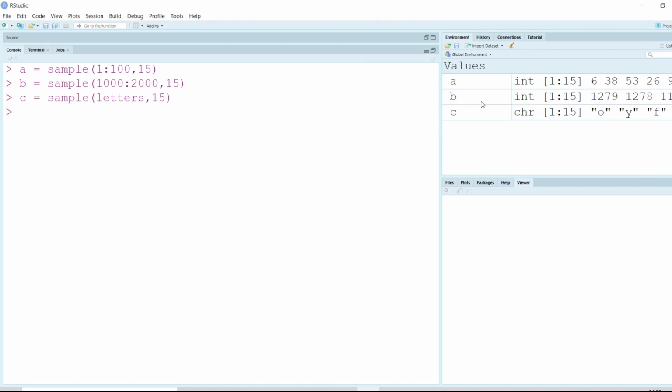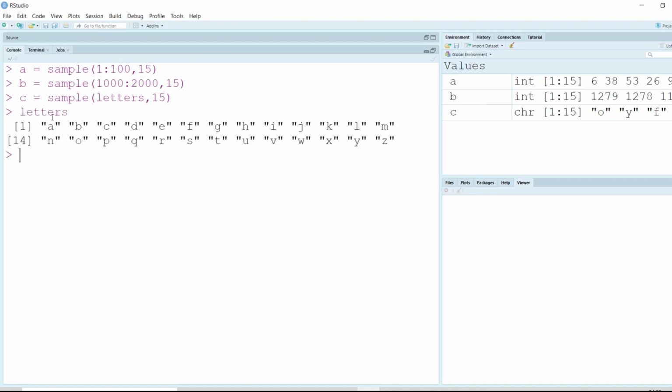Just for us to understand what exactly we have in this inbuilt R variable, letters, if I click on the enter button, we have all the characters from A to Z. So using sample letters 15, we are extracting 15 randomly generated characters from A to Z. Now that we have all three variables created, a is an array of integers and so is b, whereas c is an array of characters.